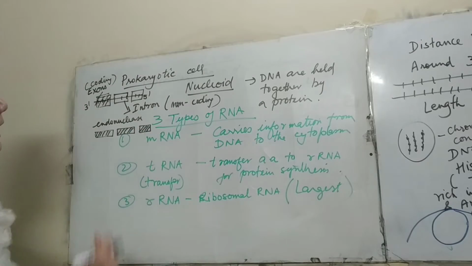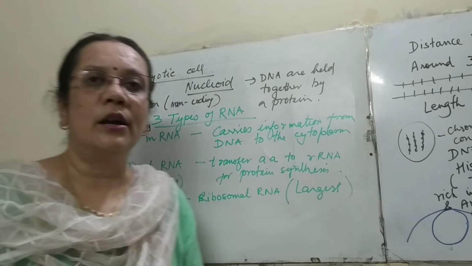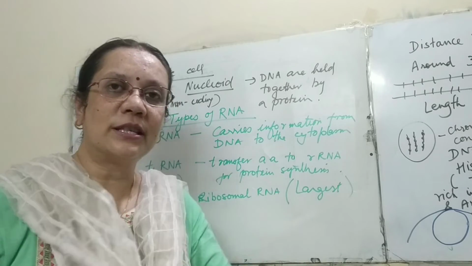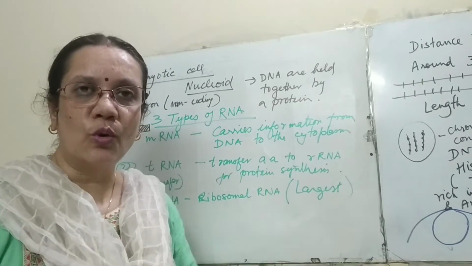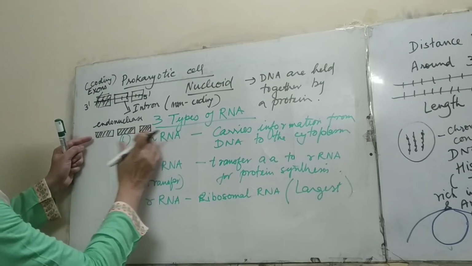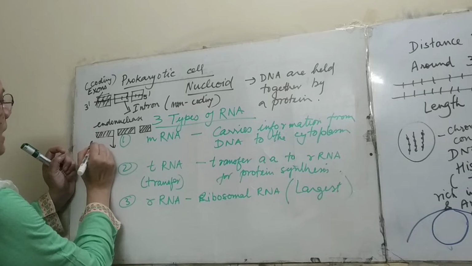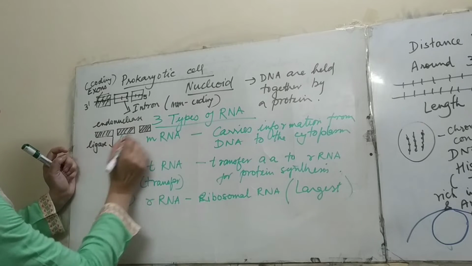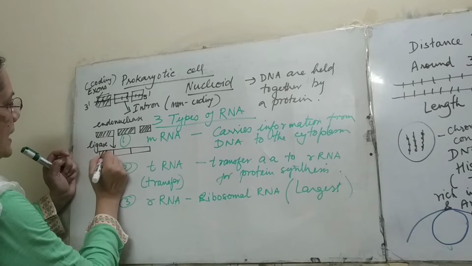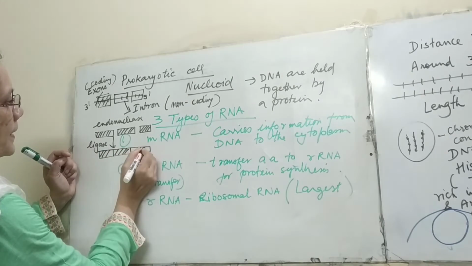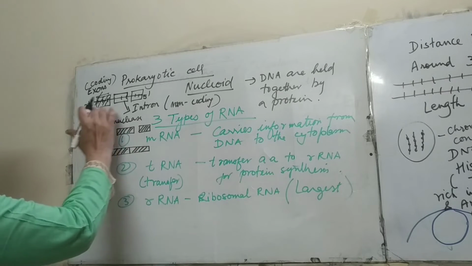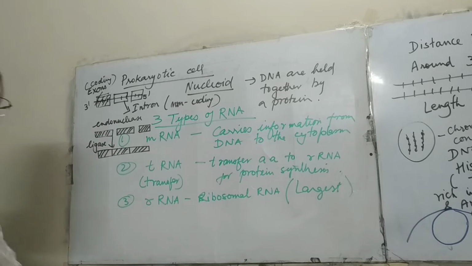So we have only the coding, the triplets of nitrogenous bases which are going to code for certain amino acids, are only kept. Now these are then joined. With the help of ligase enzyme, they are all joined. So what is happening? We have now an entire sequence which is now joined.